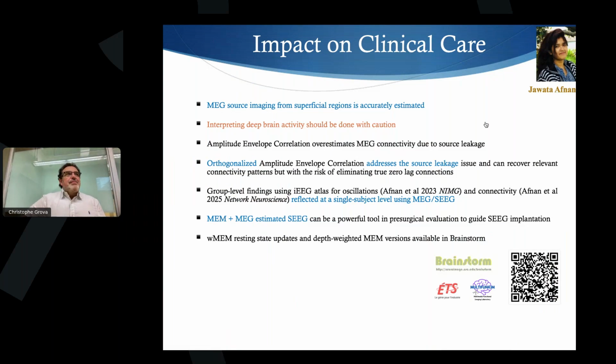I could give another talk more specifically on that, but that's a big challenge. We showed recently in another paper we published in Human Brain Mapping that we put a depth-weighted aspect into our MEM, so we are a bit more sensitive to depth. We included a specific surface of the hippocampus in the model, and that did improve things. But still, and that's what we see also in the simultaneous recording, our signals are sensitive to deep activity.